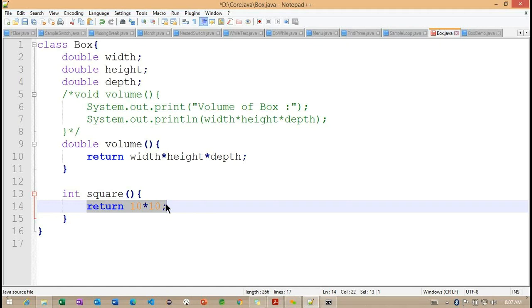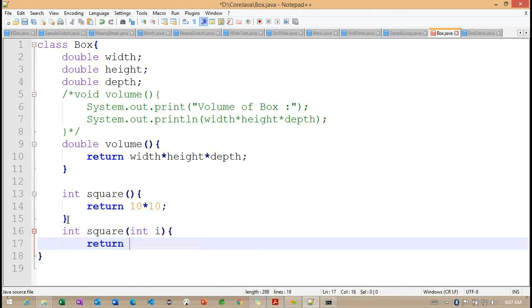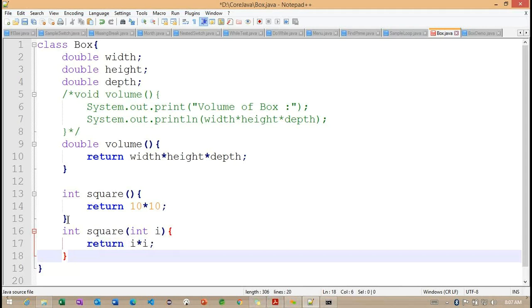How can we achieve that? So if I define square, observe, this square method is taking an integer as a parameter. Now I'm returning i into i. Getting the point?